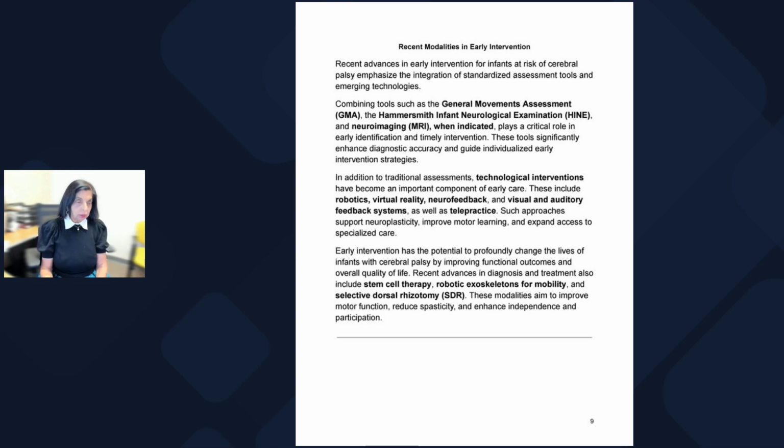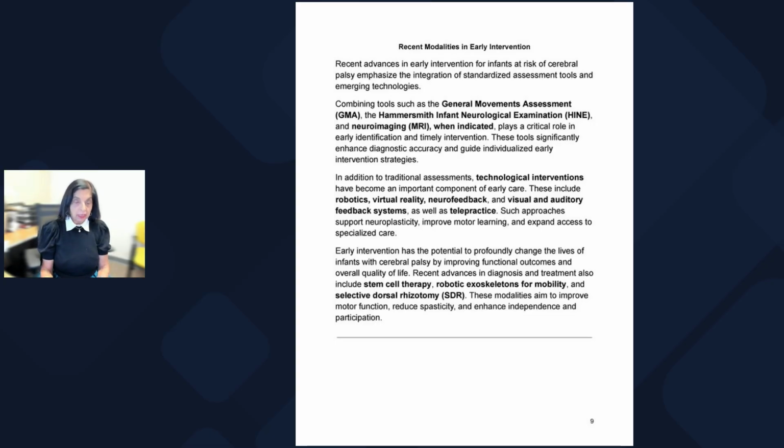These include robotic, virtual reality, neurofeedback, and visual and auditory support. Such approaches support neuroplasticity. That is, they influence the brain during the development of these babies, so improve motor learning and expand access to